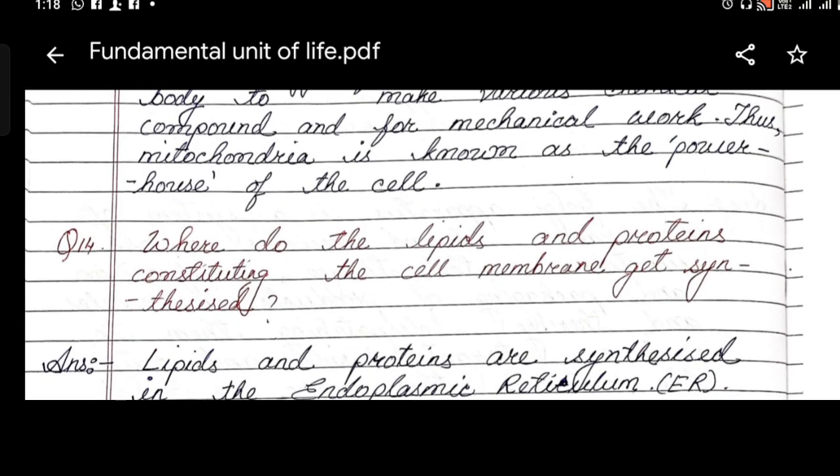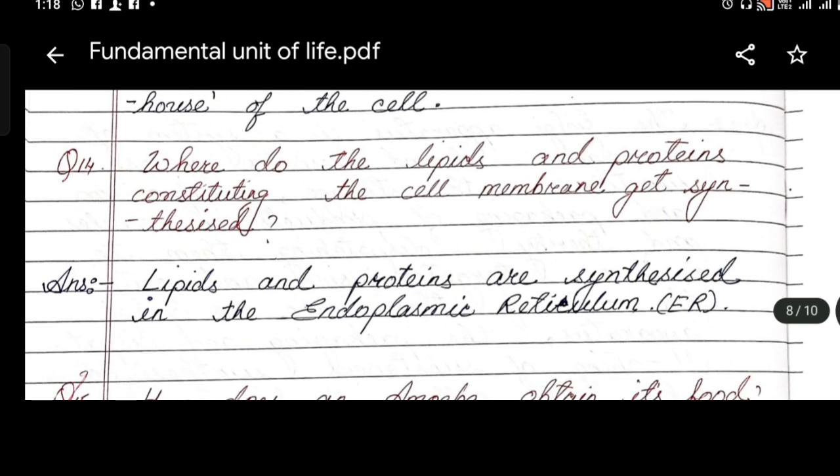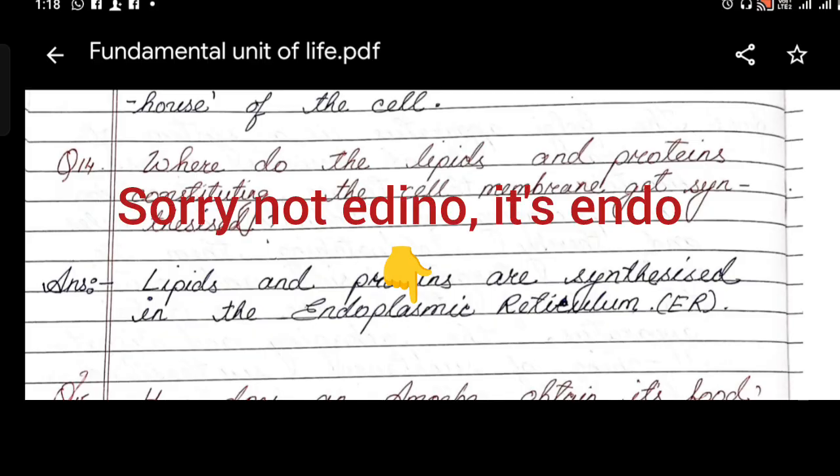Question number 14. Where do the lipids and proteins constituting the cell membrane get synthesized? Answer. Lipids and proteins are synthesized in the